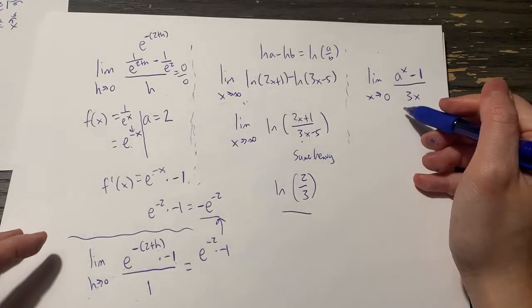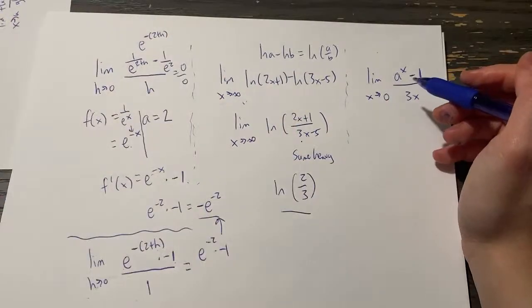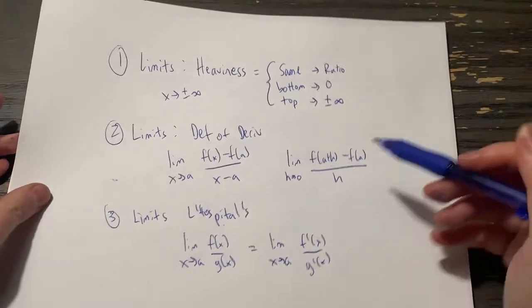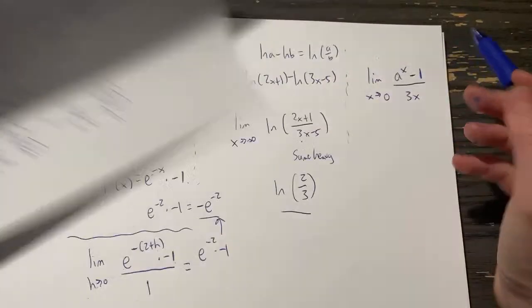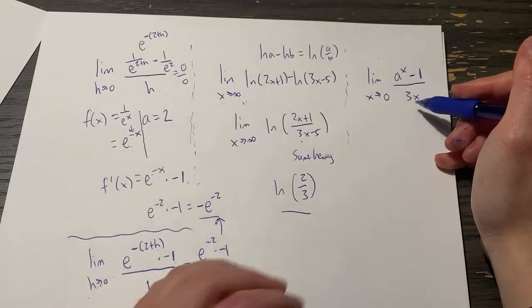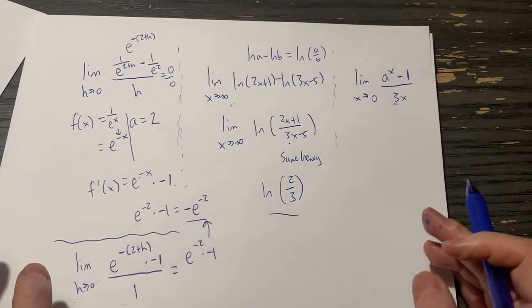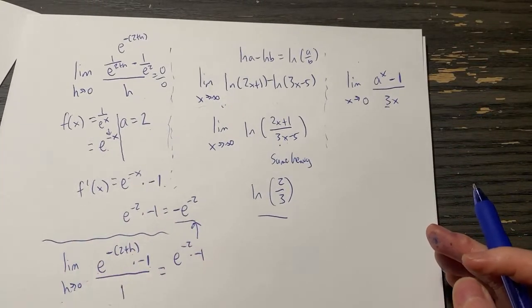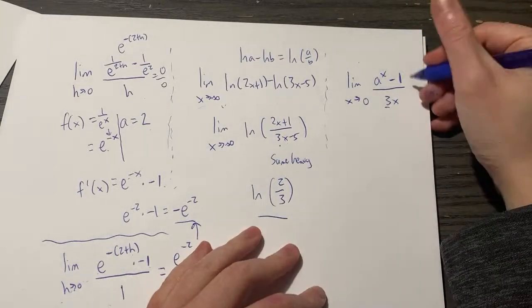Okay, this question right here. This question, people want to do definition of derivative because it kind of looks like definition of derivative. It has the x on the bottom. It has x going to a number. But again, you can only do definition of derivative when it's x minus the number. So this 3 is preventing it from being definition of derivative. So we unfortunately just can't do definition of derivative. We have to do